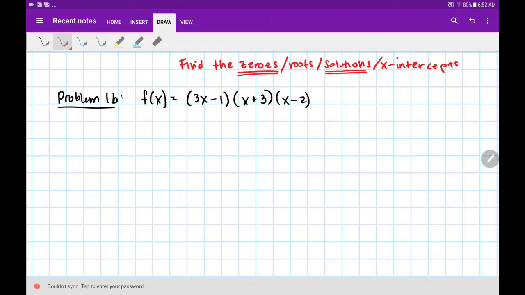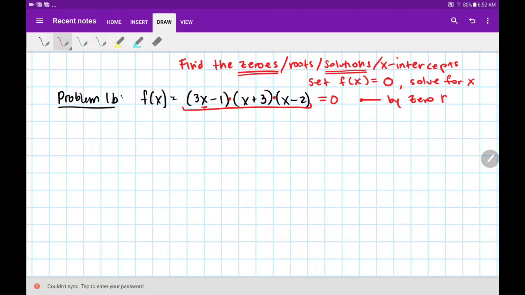So recall, when I ask you for the solutions or when I say solve, what we're basically doing is setting f of x equal to 0, and then finding the x values. Mind you, we're not setting x equal to 0. We're setting this entire function equal to 0, and then solving for x. So in this case, if three things are multiplied together to give me 0, then by the zero product property,